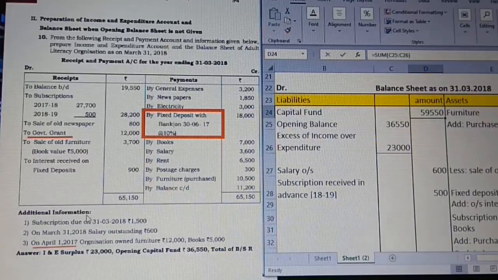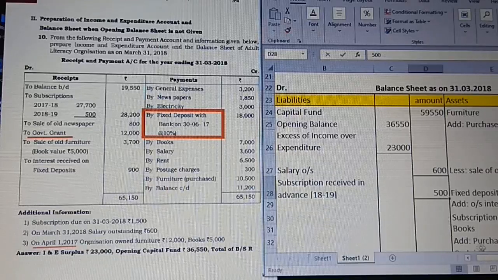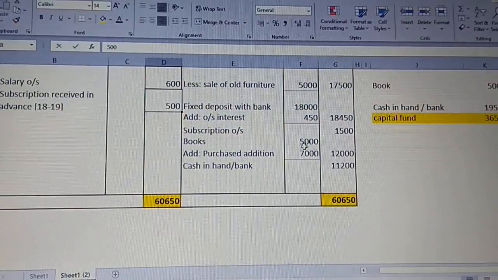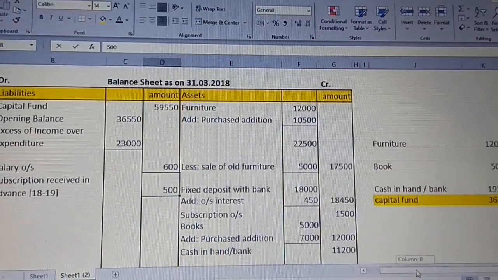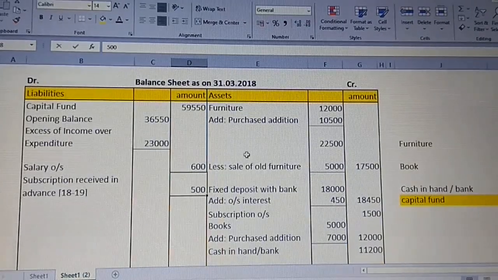Then moving on to your adjustment, additional second, salary outstanding for the current year to be taken, have taken it directly. Always expenses outstanding, liability side. Then subscriptions received in advance, receipt side 18 and 19 received in advance for the next year to be treated as a liability, I have taken it. So we have completed with the balance sheet. Just observe once the whole account, the balance sheet, concentrating how the values are taken up.